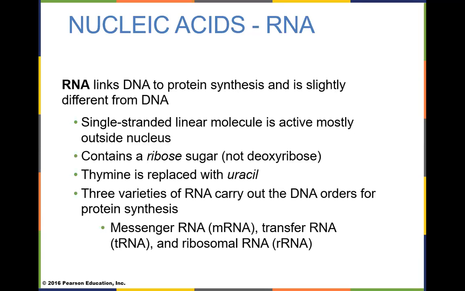Now, we make 3 different types of RNA. We make what's known as messenger RNA. Messenger RNA carries the instructions from the DNA to the rest of the cell. The DNA never leaves the nucleus. The DNA uses RNA to do its work. The DNA says we need more hemoglobin. And so the messenger RNA will make a copy of the gene to make hemoglobin,